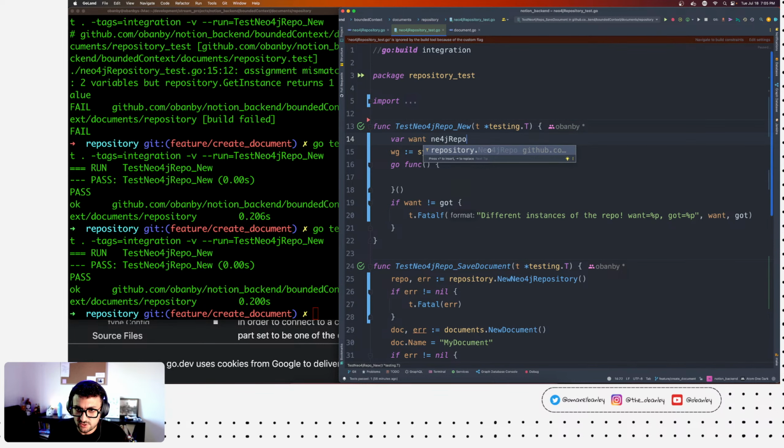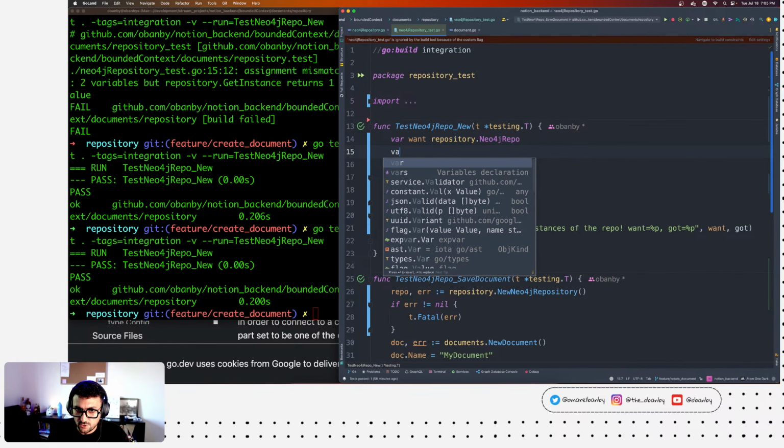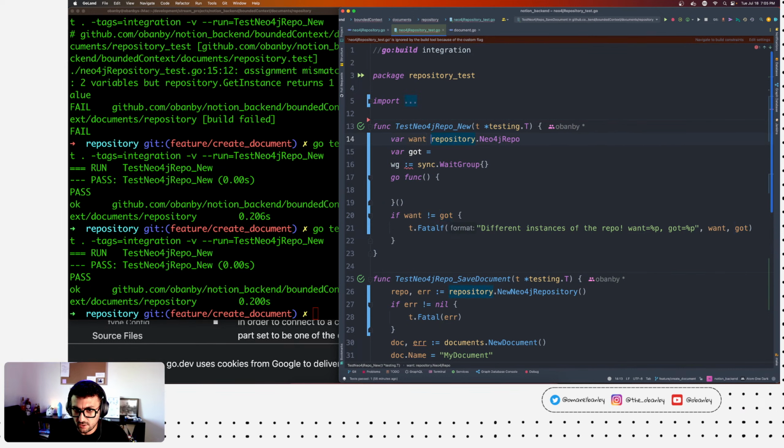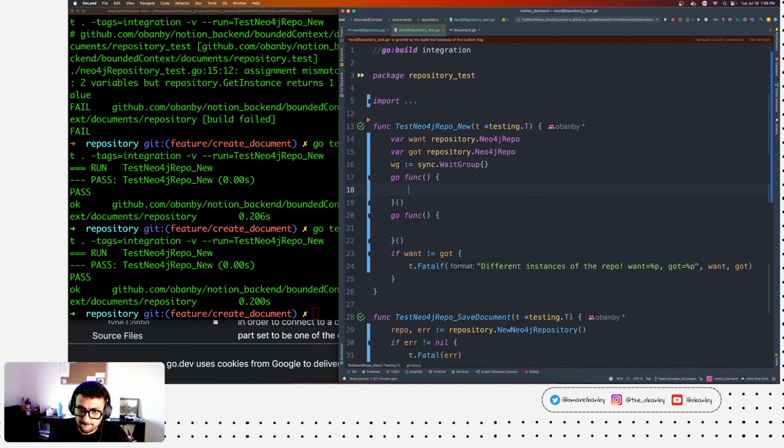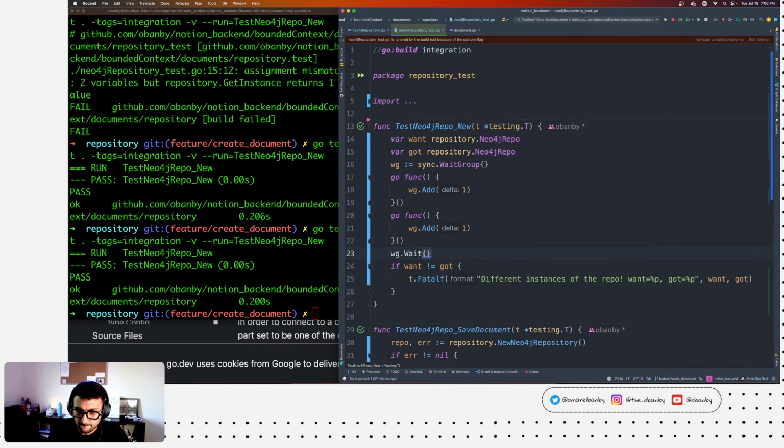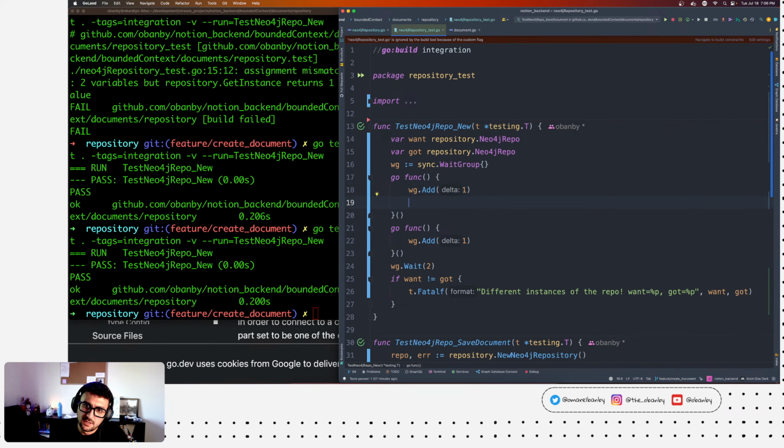Let me just write it down because I'm not even sure exactly how I'm gonna give that as an example. Sure, yeah, we can keep it like that. That's fine.